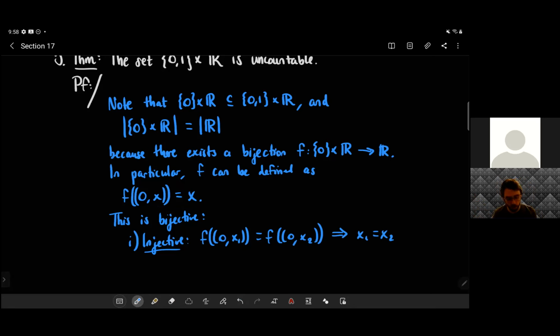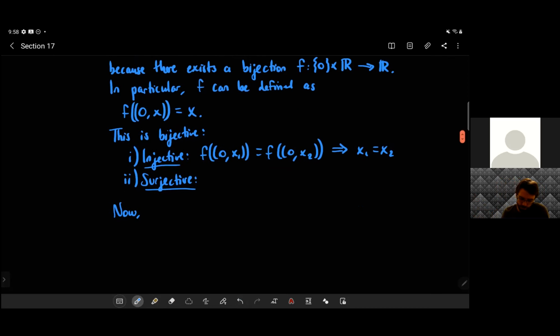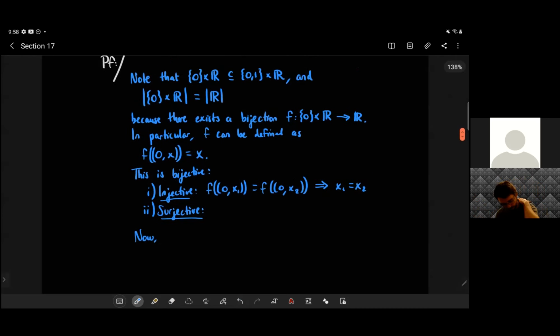Surjectivity is similarly quick. Maybe I'll let you guys fill in the gaps for surjective, or I'll fill them in myself and then upload it to GouchoSpace. But the important thing is to note that this gives us something quite nice. This tells us that